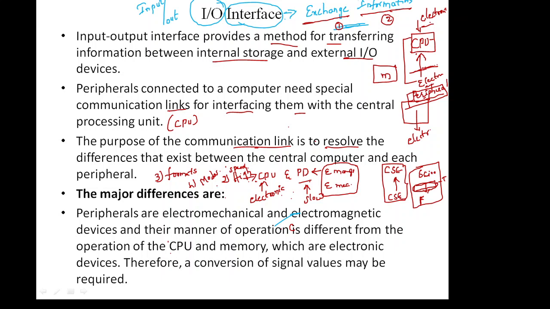These components are called interface units because they interface between the processor and the peripheral device. That is the importance of the interface unit. Without this interface unit, it is highly impossible to connect the two devices. That is the importance of interfacing. I think you got what is meant by an interface. To have a communication link between two devices which are on different tracks, we need an interface to put them on the same track. That is the importance of the interface.